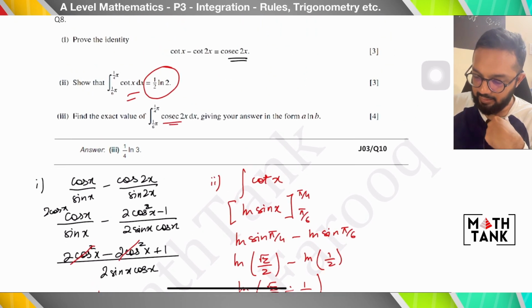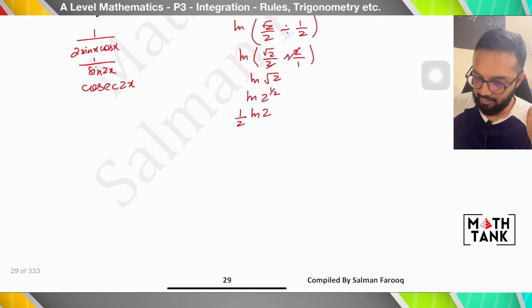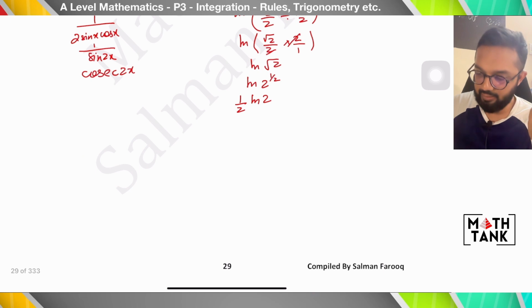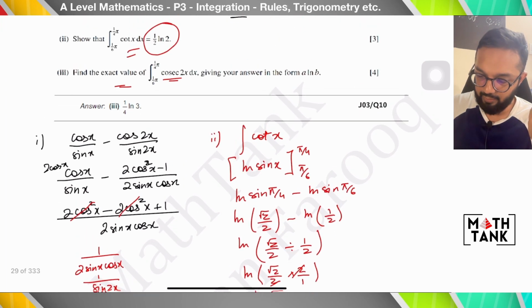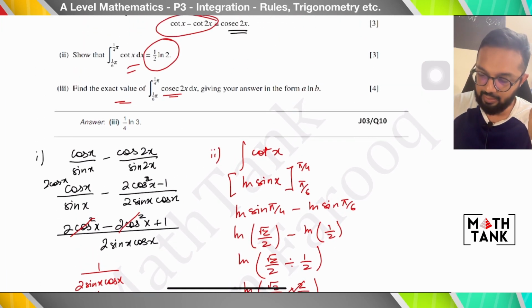Then it says integrate this. Find the exact value, giving your answer in the form a ln b. So I'm going to do the exact same thing that I just did, and instead of cosec 2x, I'm going to integrate this left hand side. No coefficient this time, so I have to be